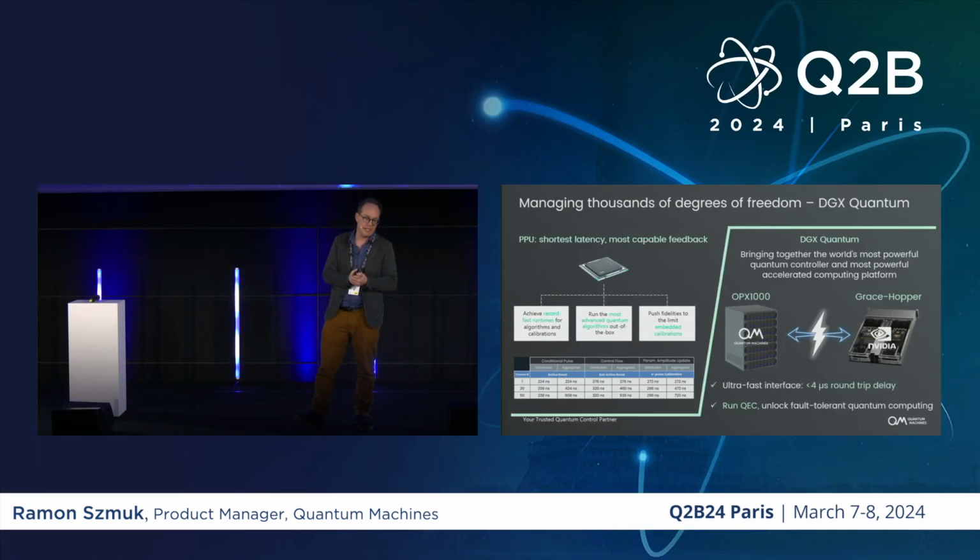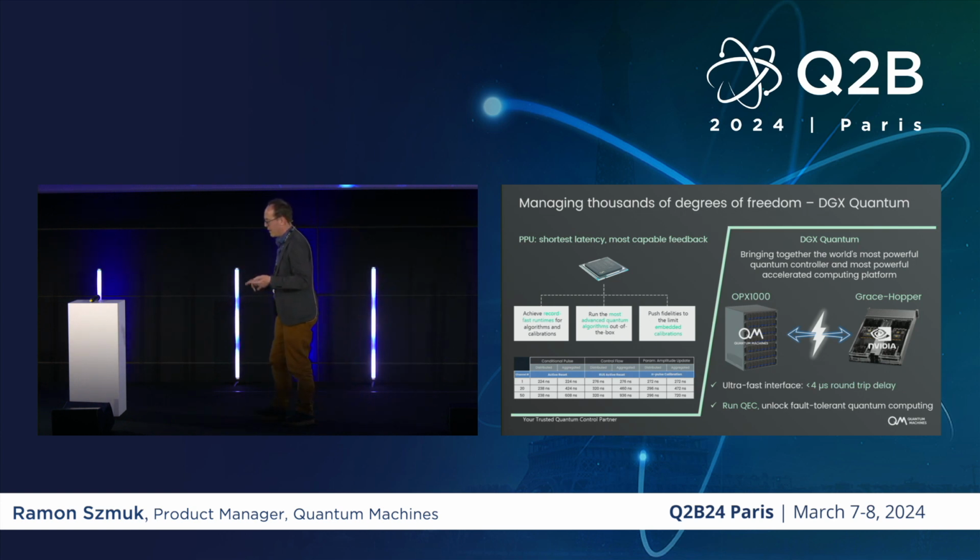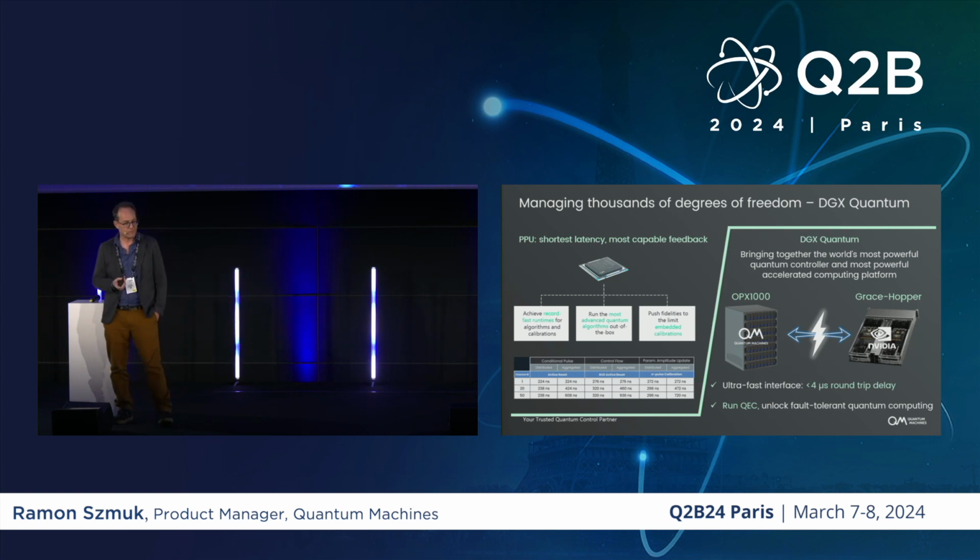So on our FPGA-based controller, we have also variables and waveform memory and integration weights and a bunch of data that is used to synthesize signals for qubits. And now we can send and receive this data from a high-end NVIDIA GPU with a round-trip latency of below 4 microseconds. So this is now our accelerator. The NVIDIA Grace Hopper server is now an external compute accelerator for the OPX 1000 cluster. And originally, the original use case for that was to run quantum error correction decoders.